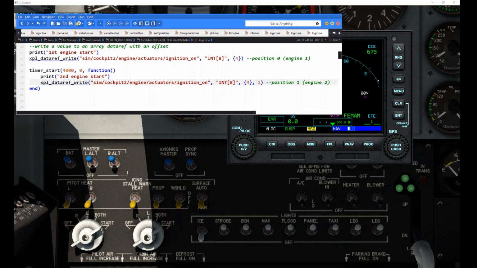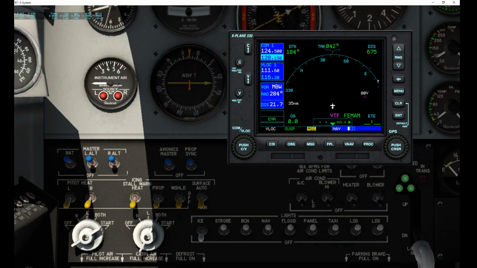So position 1 equates to engine 2. Position 0 equates to engine 1. So what that's going to do is initially try to start engine 1, and then 4 seconds later it's going to try and start engine 2. So let's start with our default position of these